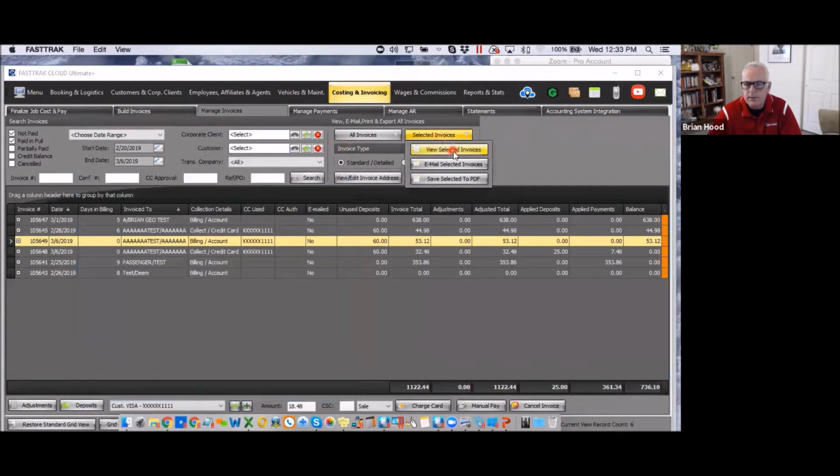Anytime I want to view it, I simply click on the view selected. By default, it's going to have standard invoice style based upon whatever is in the customer profile. So this customer has it set to be standard. However, I can at any time provide them a compressed view if I want to, even in that email. So let's go ahead and see what that compressed view looks like. So if I highlight it and view it,